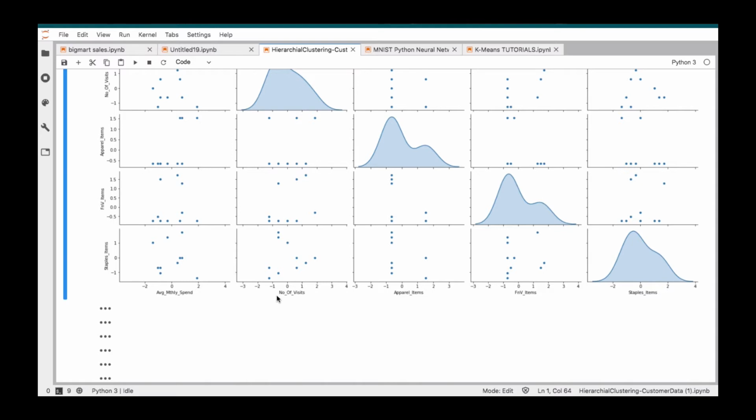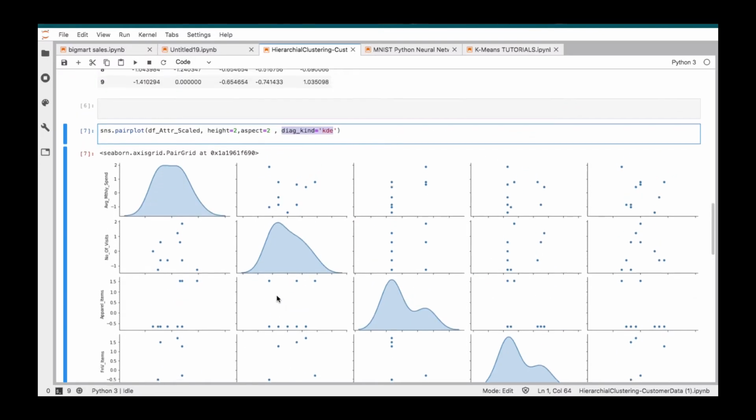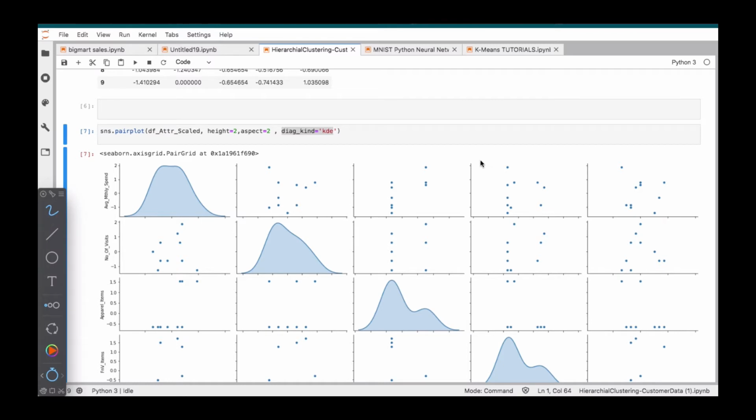So basically, if the attributes are correlated, then you might end up running into something we call multicollinearity. We don't want to run into that. So if you have your data set having no correlation like this, then it's okay. You can actually work with it, because if they are correlated, let's say average monthly spend is very correlated to number of visits,